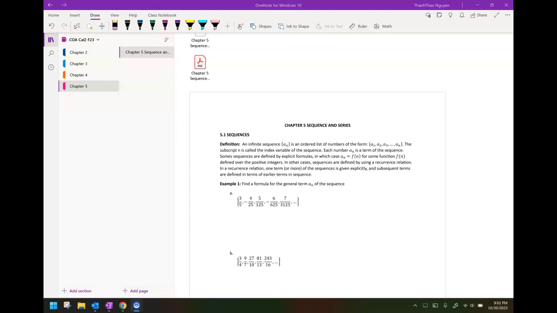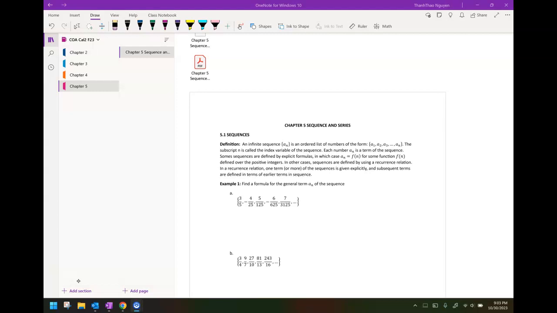An infinite sequence a sub n is an ordered list of numbers of the form a sub 1, a sub 2, a sub 3, to a sub n. The subscript n is called the index variable of the sequence. Each number a sub n is a term of the sequence. Some sequences are defined by explicit formulas, in which case a sub n equals f of n for some function f of n,